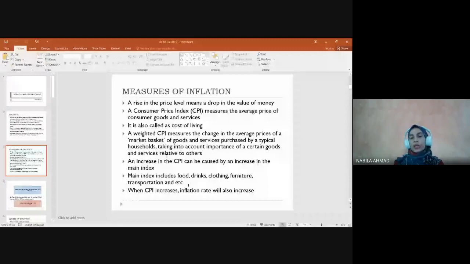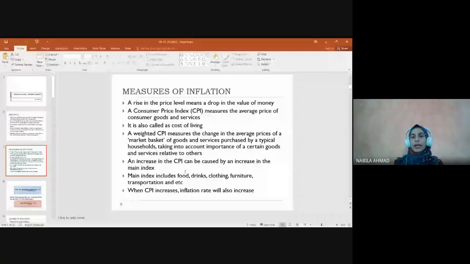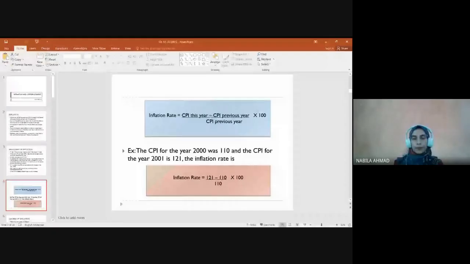Okay, so kita tengok macam mana nak kira. So inflation rate ni macam mana nak kira? CPI this year minus CPI previous year divided by CPI previous year times 100. Contohnya CPI for the year 2000 was 110 and the CPI for the year 2001 is 121. So what is the inflation rate? So 121 minus 110 over 110 times 100. So the answer is,